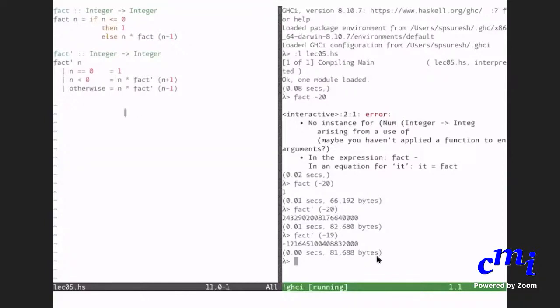Okay, so now we wanted to do GCD. How do you compute GCD? You've all done it in school, right? So I would like you to dictate the program for GCD. Let me just say integer arrow integer arrow integer. There are 2 integer arguments and there is 1 integer output.